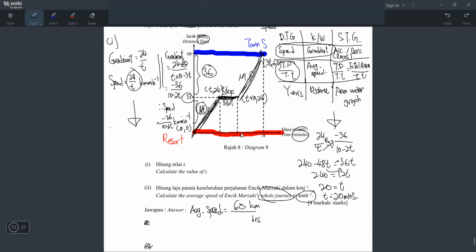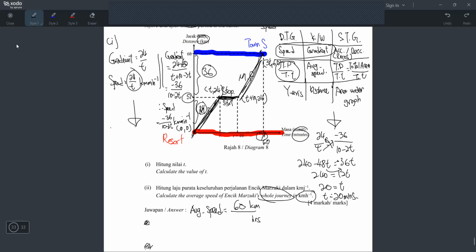And then total time in hours is 3t. But the t I already know is 20, right? So why don't I take 3 times 20? I'll get 60, right? But let me tell you, if you put 60 here, it's wrong. Because I mentioned already, they want the answer in hours. So we already know this is 60, but this is 60 minutes. But I want it in hours.